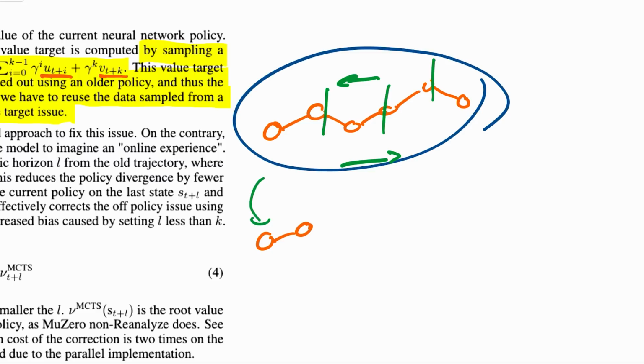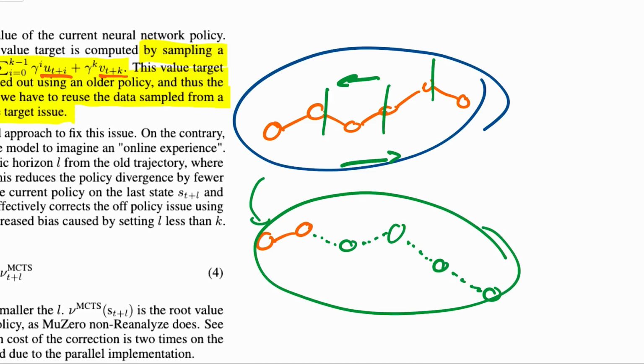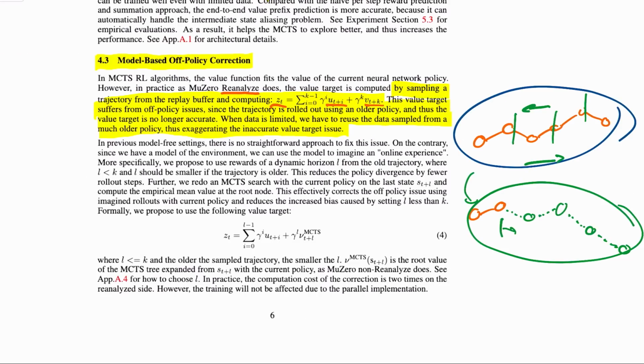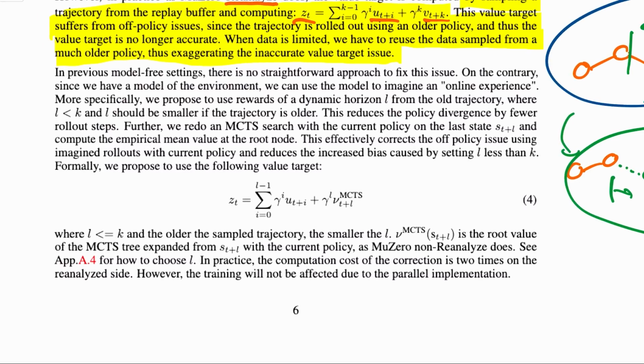And then what they do is, because they have a latent model for the world, they use that model to imagine a rollout. So much like something like Dreamer, they now train using imaginary rollouts from the point where they cut off. So the trajectories in the replay buffer are more like seed values. And after that, they imagine rollouts using their latent model of the world.